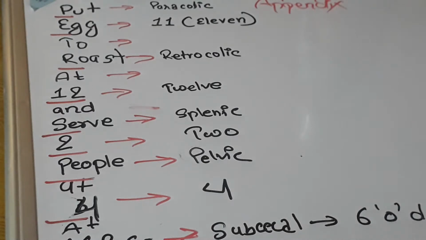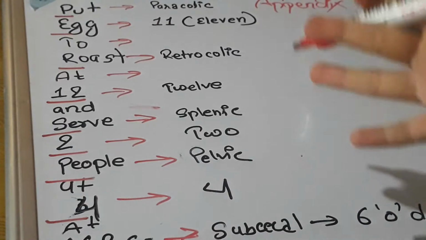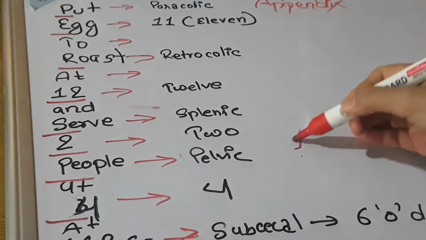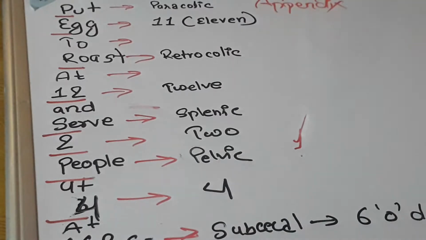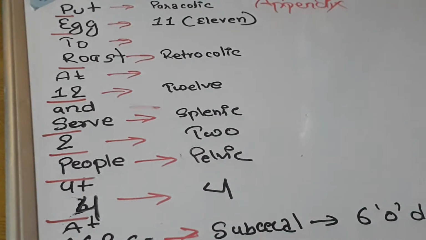Myself Monica, and today I am back with this video where I have created mnemonics for the position of appendix. As we know, there are various positions of appendix in our human body, and maybe we could mug up easily those positions and the clock timing that they show. But during examination time we go through so much pressure and tension, and during that time there are high chances that we will forget them, or get confused with the timing of each other. So what I thought was to make a mnemonic so that it becomes easier for you guys to remember it.